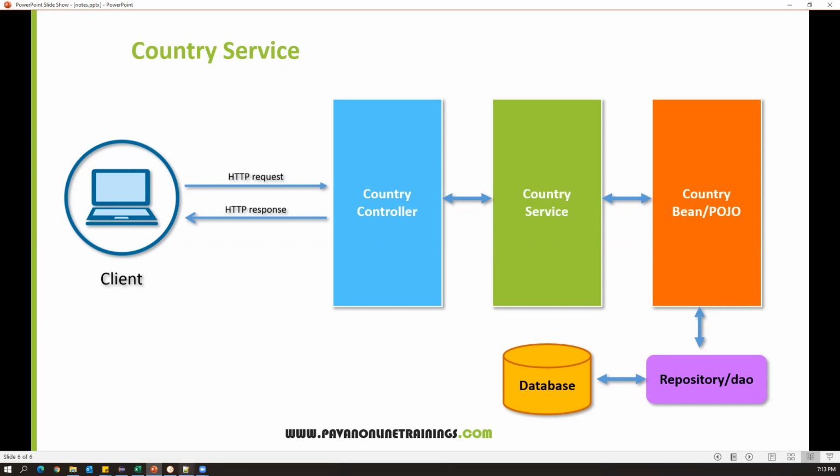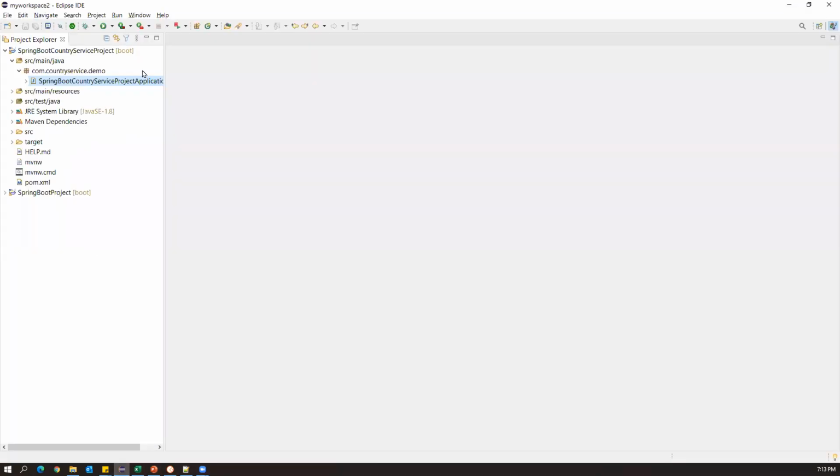Now let us go to Eclipse. Now I'll create new packages. Whenever you create new packages, make sure all the packages are sub packages of the main package, which is com.countryservice.demo. Wherever the main class with the main method is present, that's the main package. The rest of the packages, like the bean packages, service packages, or controller packages, should all be sub packages of the main package.